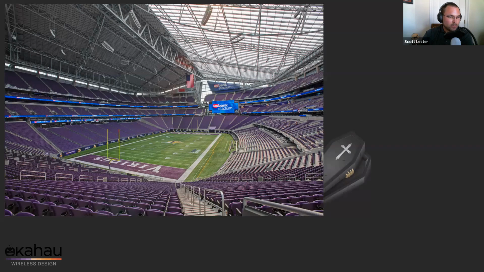Moving on, we'll just get to the topic at hand today. We'll talk a little bit about stadium Wi-Fi, and we wanted to address it in a few different aspects. We'll start off talking about the design of stadium Wi-Fi, tips and tricks we've learned over the years, things that we try to look for to build our designs out more fully, some best practices around that. We'll touch on the design from an RF perspective, not just the physical that we'll start off with.